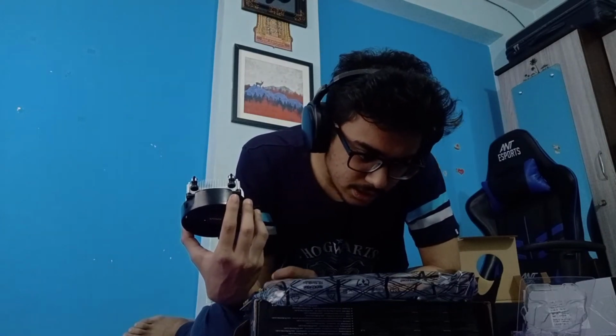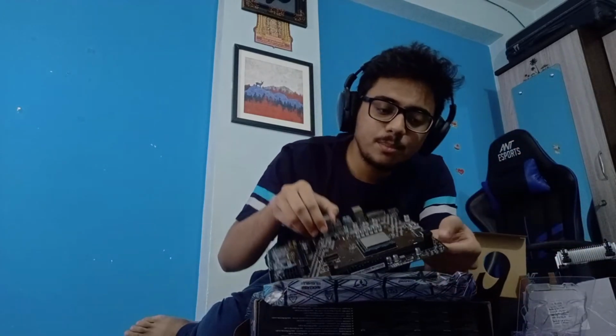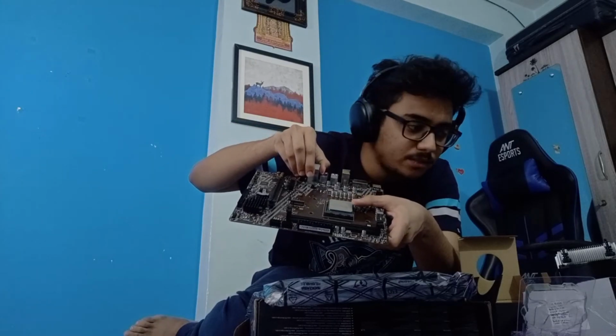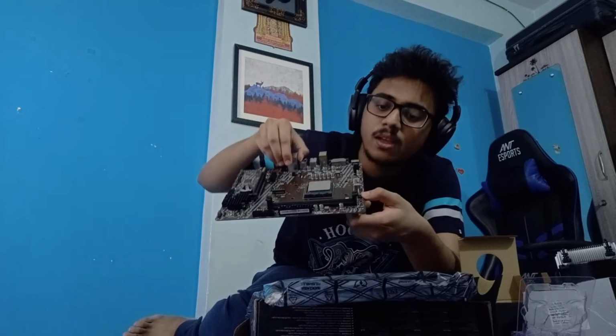System fan, CPU fan. Okay, so this is where the CPU fan will go. So again, I have a place assigned on the motherboard for where the CPU fan will go. Okay, this is the place, and this is the power cable for the CPU fan. This is where it will go. So I need to...